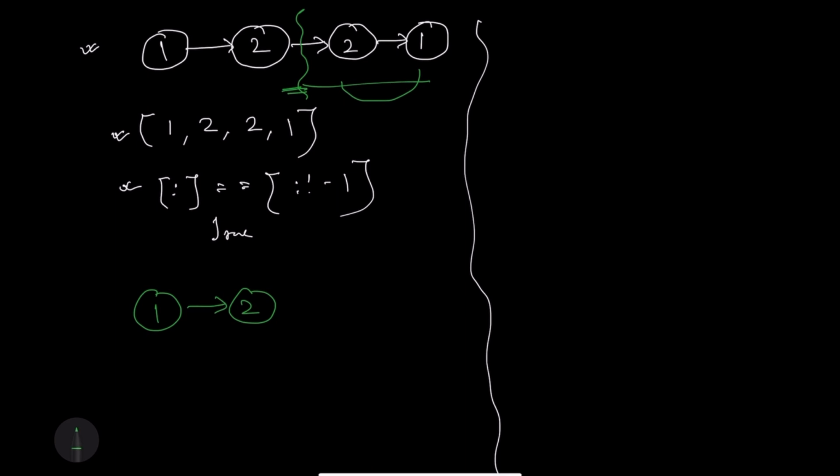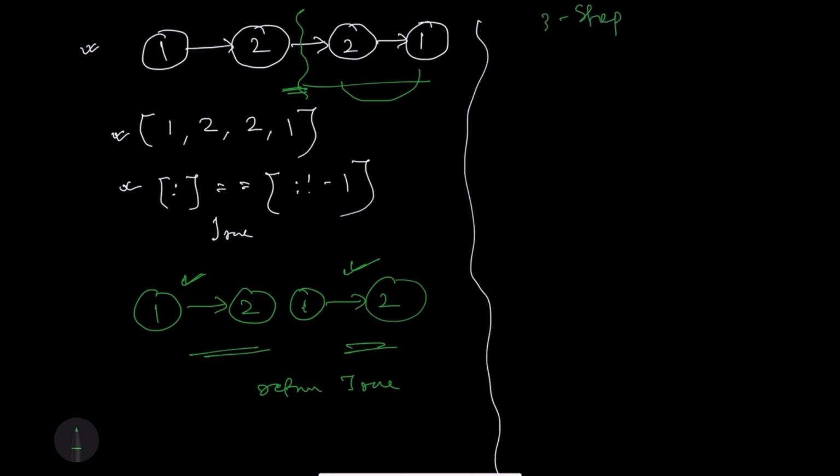So now it will look something like 1 and 2. After we have reversed it, now we have got two lists, and now we will compare these two lists. If these two linked lists are same, then we will return true. So it is a three-step approach, you can say,